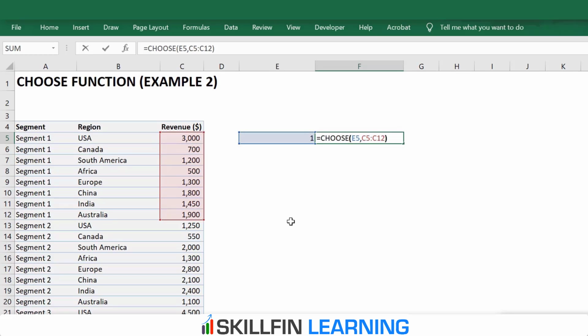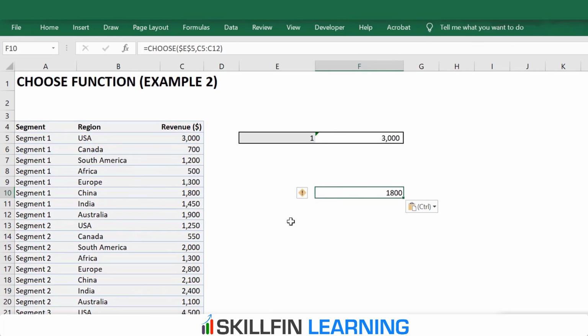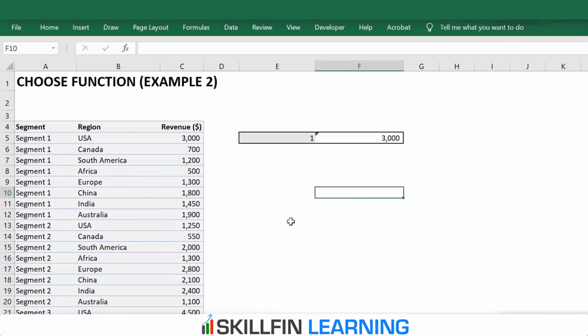If we fix the index number by pressing F4, if we copy this formula and then paste it in another cell, we get a value as 1800 because 1800 is the value in the same row. So we can't use ranges with the choose function.